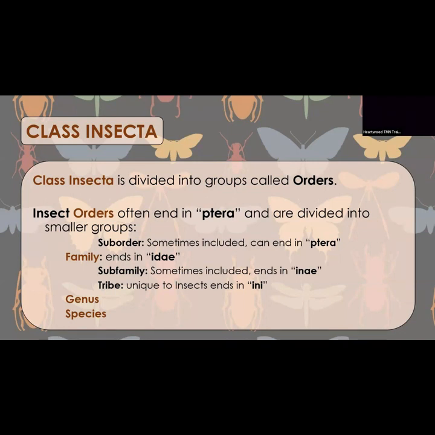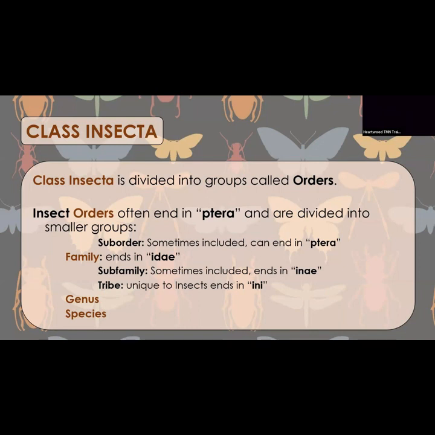Family, so you've got your order, goes to your family. They often end in Idae, so Coccinellidae, Bombolellidae, Apidae, right? A lot of Idaes. Subfamilies sometimes happen, right? And insects, oh God, they're changing their minds all the time, entomologists are. And I don't envy the taxonomists. So subfamilies will end in Inae, right?